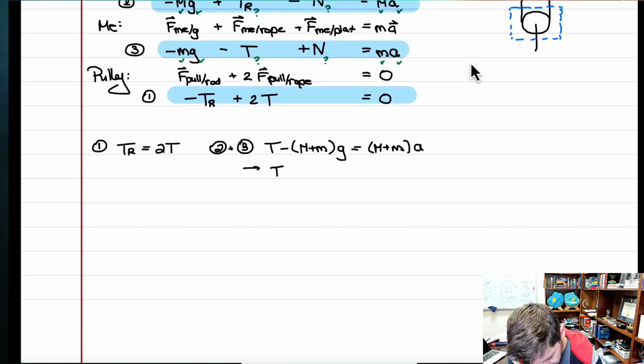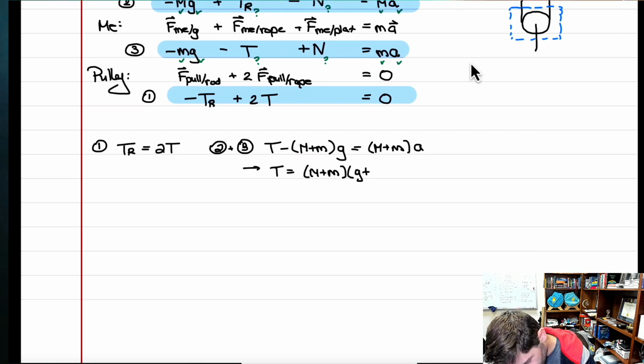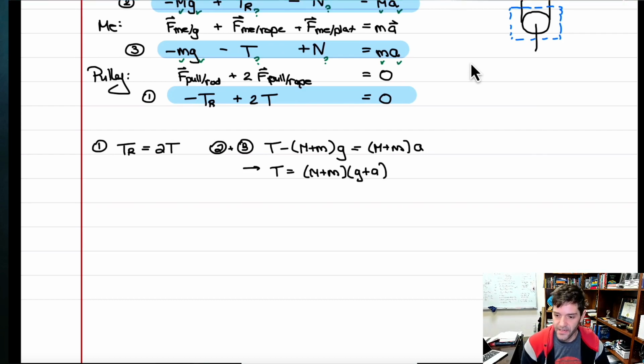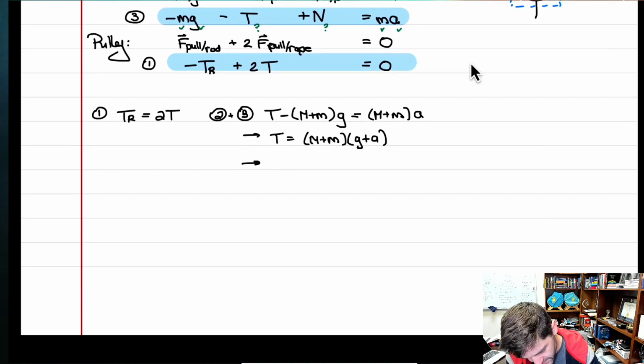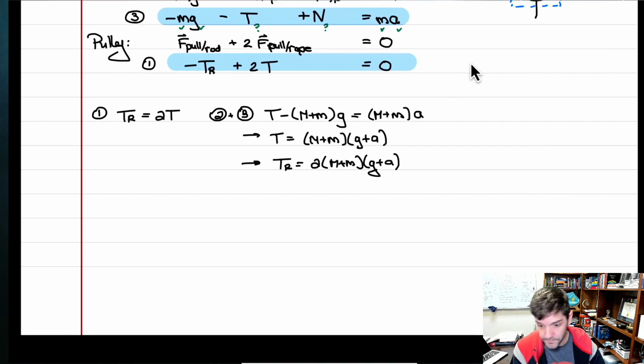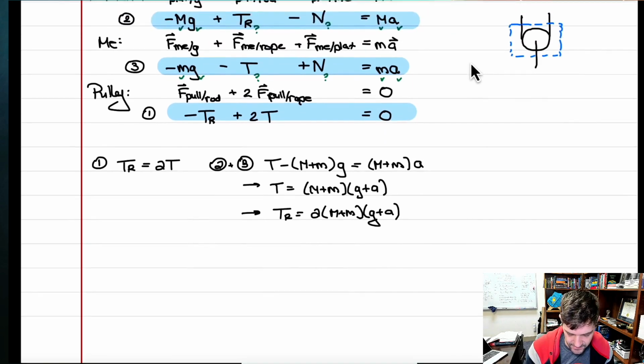So then I can conclude the tension in the rope, similarly the tension that you have to pull on is, when I combine these two and move the gravity components to the other side, looks like it is just, the tension is the sum of the masses times the sum of the two accelerations, gravity and the acceleration upward that I have. That then, if I go back to the first equation, says that the tension in the rope is twice this. So then if I have two of my unknowns, I can pick my favorite equation above that and solve for